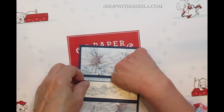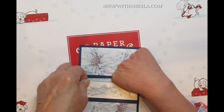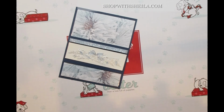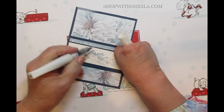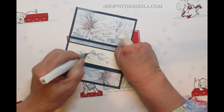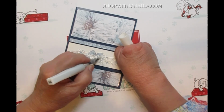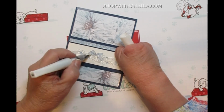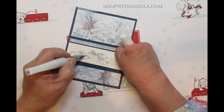All right, but it looks like this may be off a little bit. Oh well, we're not going to fool with that right now. I think it's gorgeous like it is. So let's go ahead and do our Wink of Stella on. I did use Whisper White on the inside, but I used some scrap of my Shimmery White on the outside to give me that shimmer